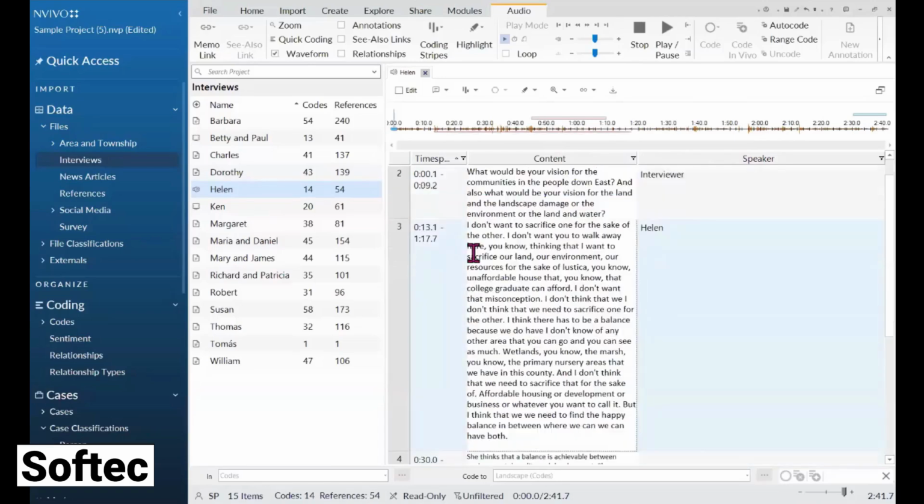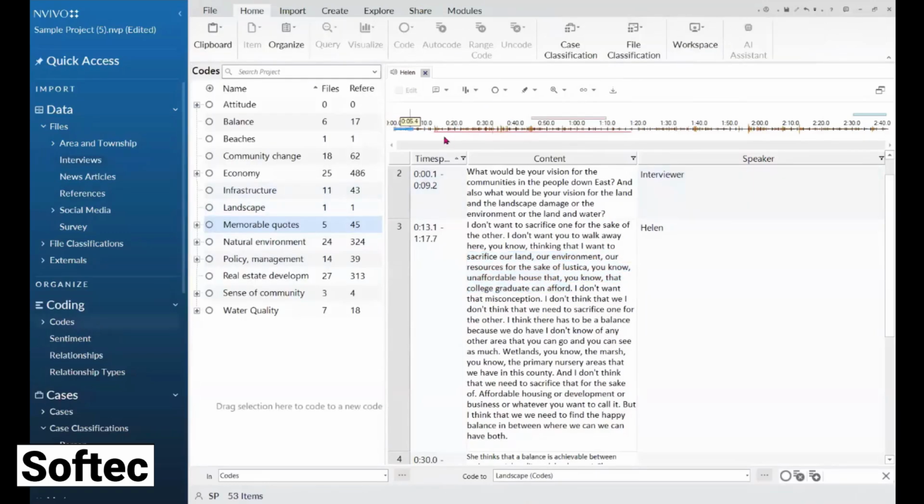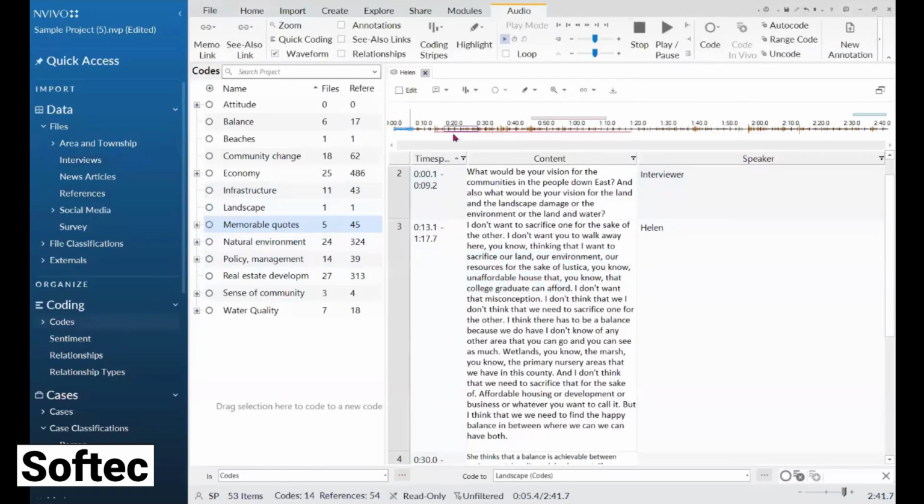And then I can easily start coding right on it. I can follow along here. You can listen to it. So I could actually code both the audio if I wanted to. So I'll just do that for fun. I can take parts of the audio. I have this little blue box there, and I'll put that in the landscape, which I just did, and I'll